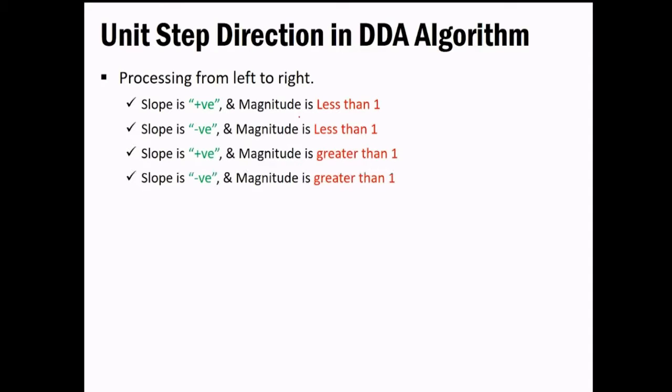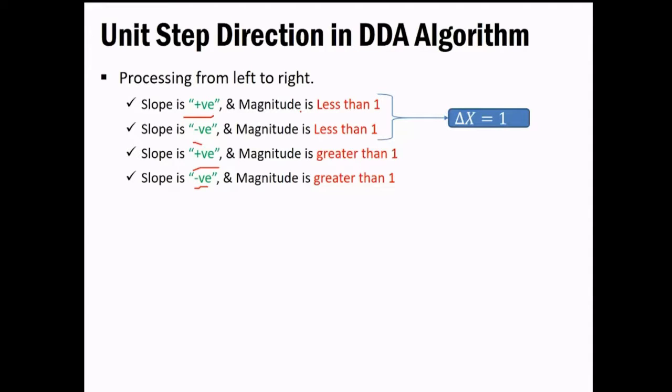Okay, so what it says, we have four things. That is, the slope is positive. Slope कैसे मिलेगा, वो आपको easily मिल जाएगा based on the given values in the quotient itself. Okay, slope आपको पता चल जाएगा based on the two endpoints that you have, and you have to check for the magnitude. If it is less than 1, then what you have to do is you have to keep delta x as 1. Okay, delta x1 क्या है, कैसे करना है, वो भी हम आपको पता चल जाएगा.